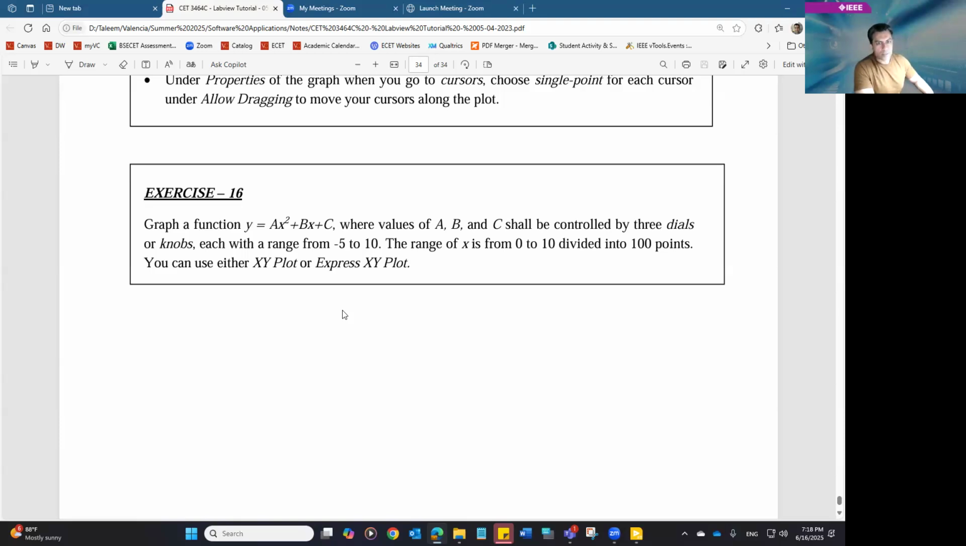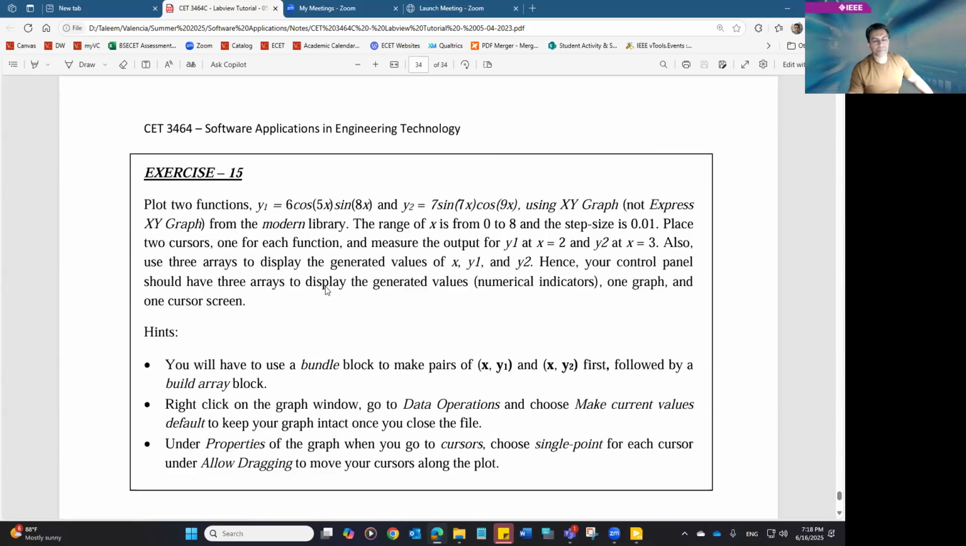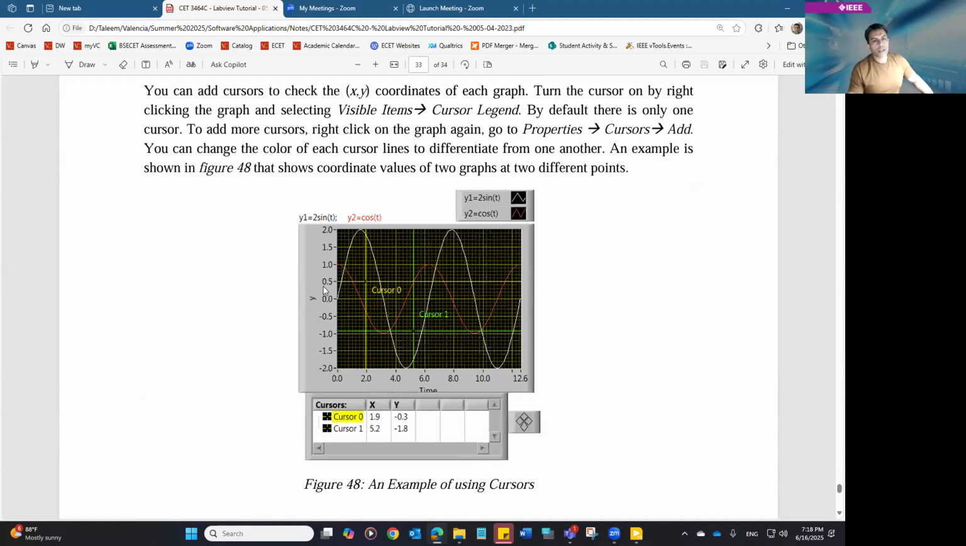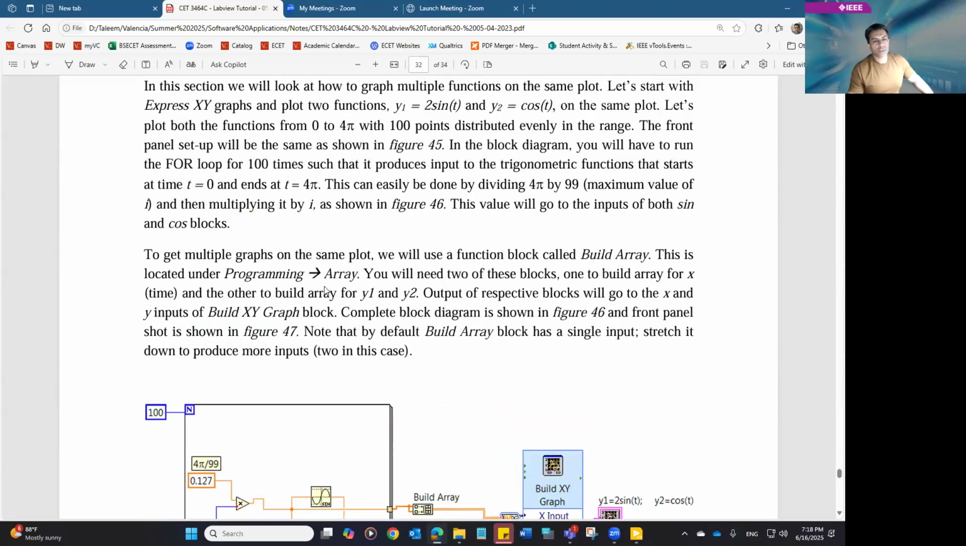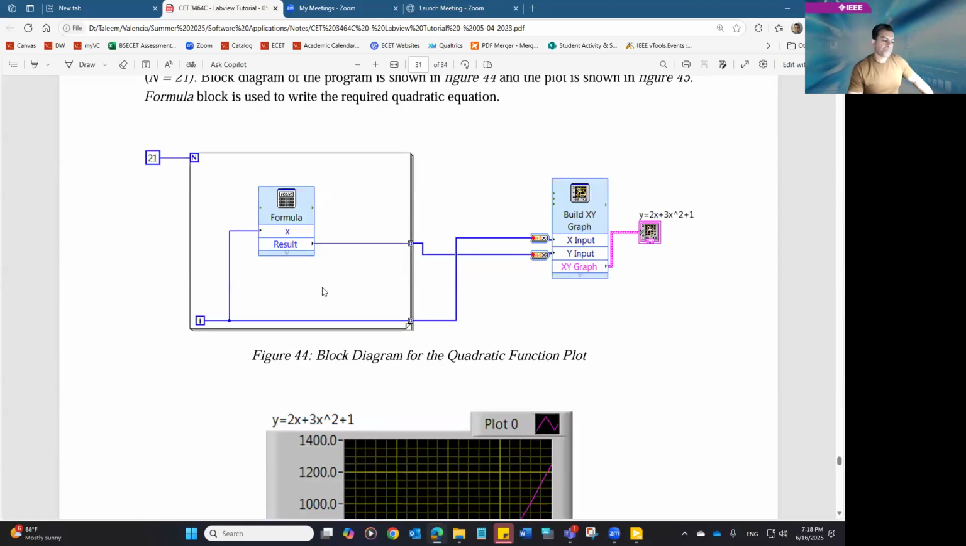So this is your last exercise that you have to do. And that will finish the second software, LabVIEW. So again, next week is the exam, and then